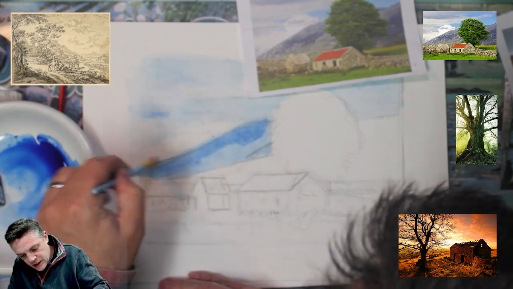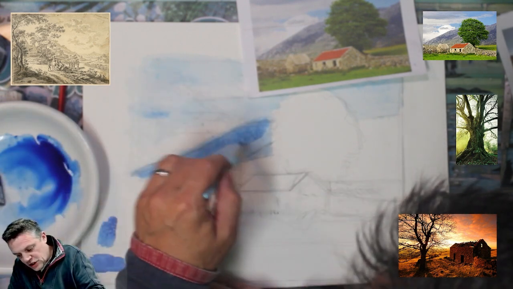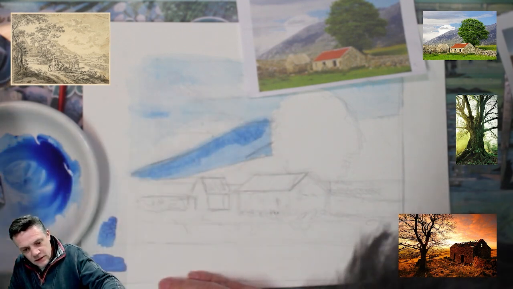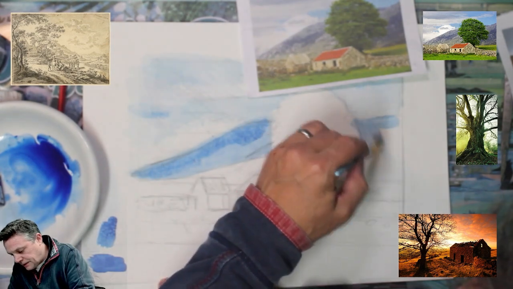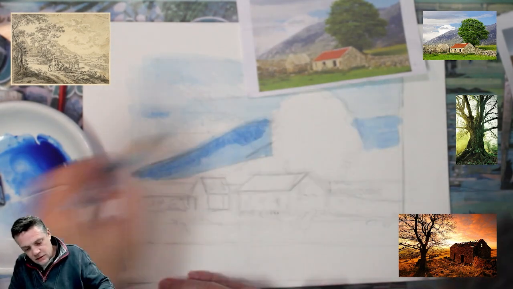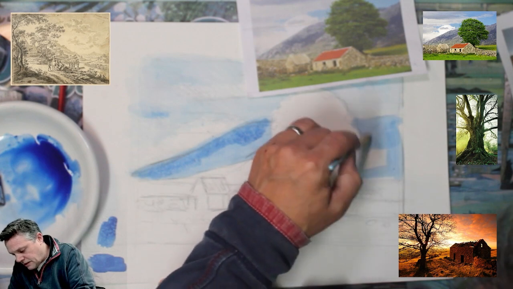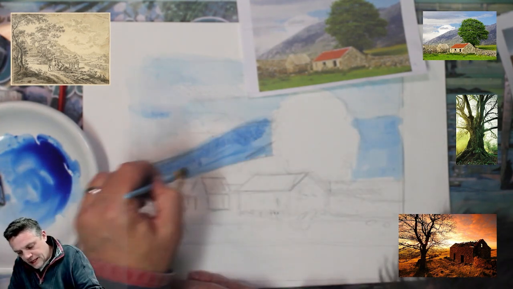So I'm keeping the edges nice and soft as well. This is just normal cartridge paper that I've got on here. Watercolor paper is also nice to use, but I just thought I'd use it like this tonight. So I've gone slightly darker in this area,